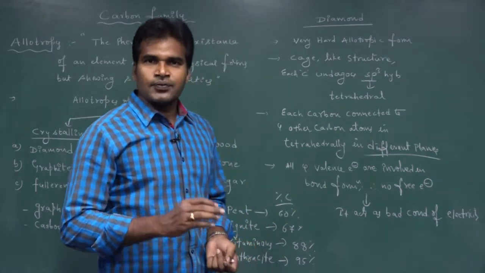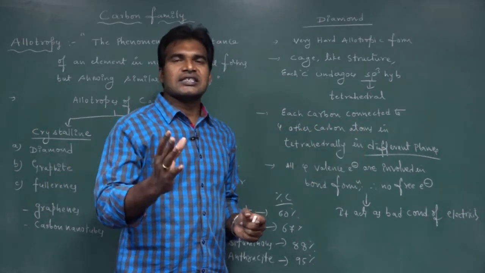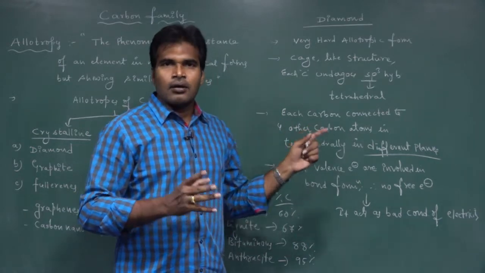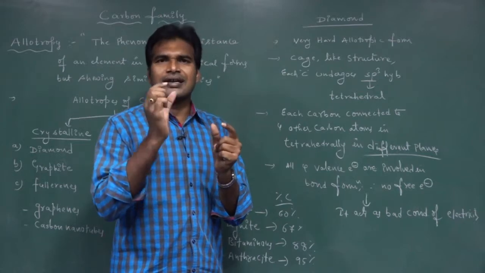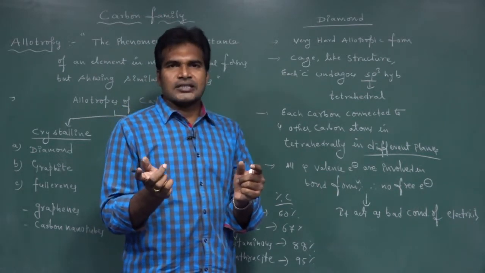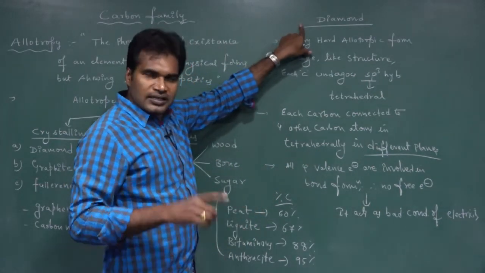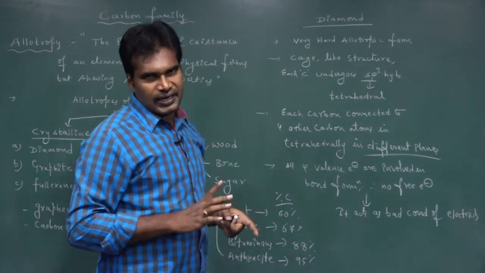So remember one thing, to conduct the heat energy from one place to another place, it just needs attachment, contact. Okay, in diamond, all carbon atoms are very closely packed. There is a clear contact between the two neighboring carbon atoms so that it can easily transfer the heat from one place to another place. That is why diamond is a good thermal conductor, but it's a bad electrical conductor.